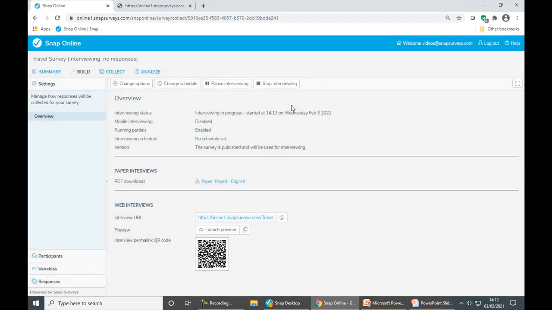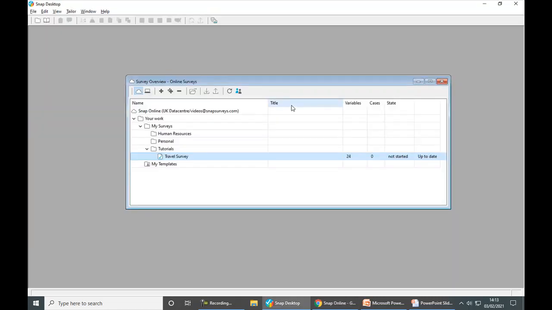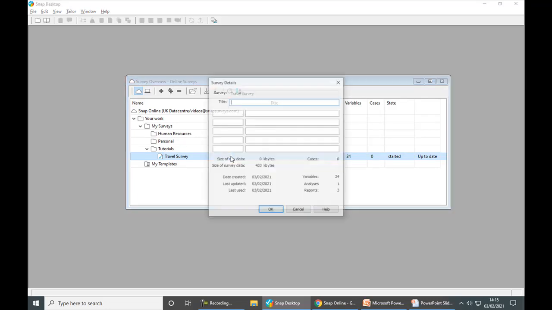So there we have a survey very quickly designed in Snap Desktop. We've made it live in Snap Online, and now we're ready for people to start completing it and for us to start collecting data. I will just quickly take you back into Snap Desktop, and if I refresh the screen, you can see it recognises the survey has started. If I double click to open the survey back up,